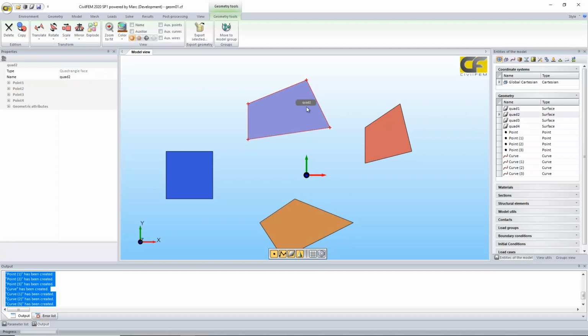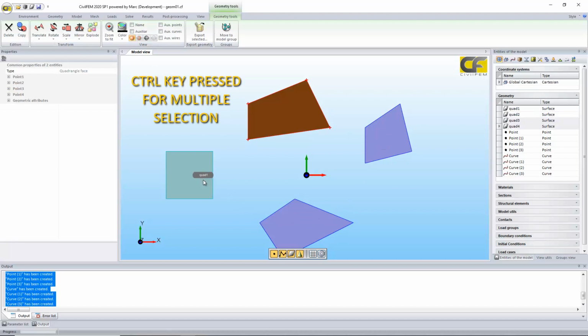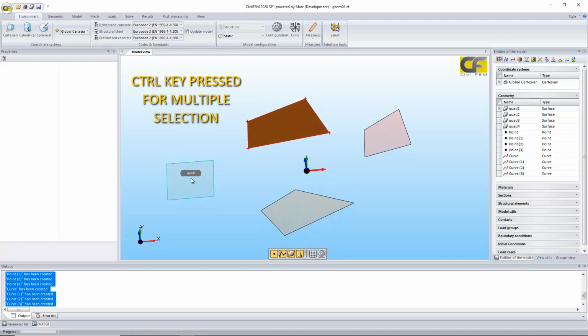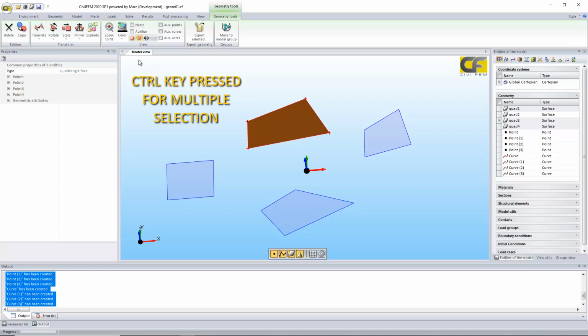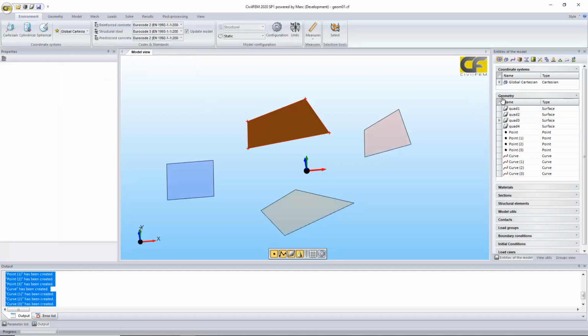and well, if I want to hide an entity, or I can select different entities with the Control key pressed, and I can set different views. Here is the translucent, wire, or hide,